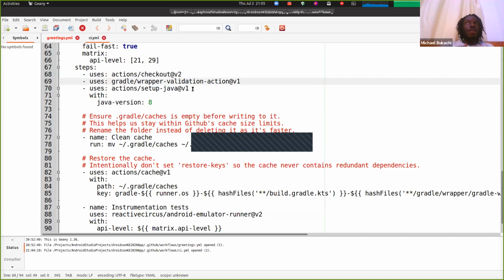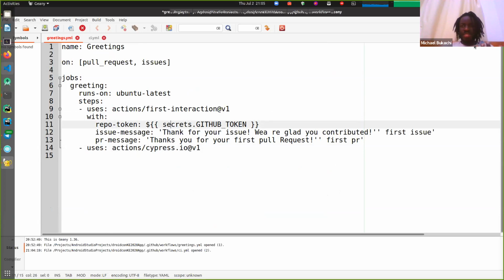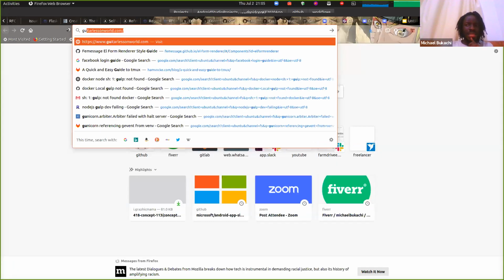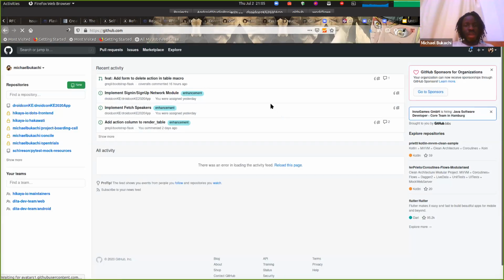So once you define your step, each action usually has a list of parameters or configurations specific to what the action does. In this first interaction step, because the action needs to post a message or interact with the existing GitHub repo, you'd have to configure it with your repo token, which is a secret in GitHub. To configure a secret, you have to go to a repo. It's somewhere in the settings. I can't remember exactly, but yeah, you'd have to go to your repo. Okay, here, yeah, and configure the secrets for that